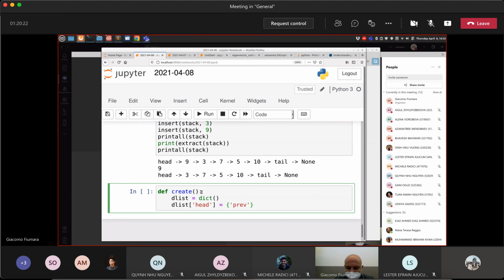The first one, previous, none, because on the left of the head there is nothing, and